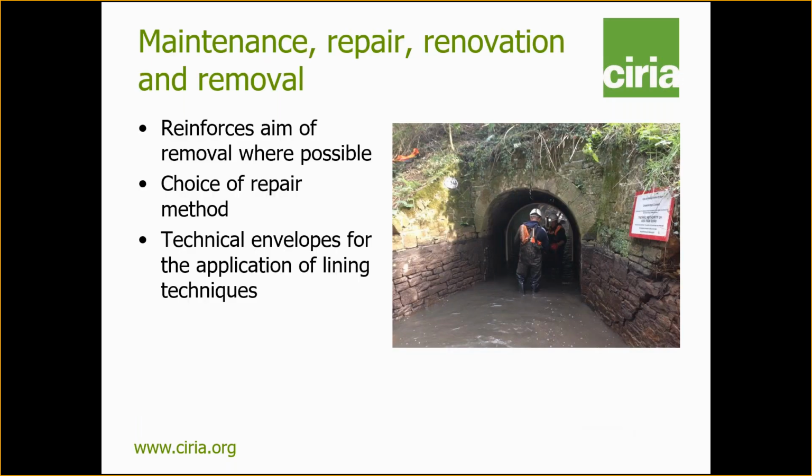The manual continues to reinforce the aim of removing existing structures where possible, but where a structure must be retained and needs to be repaired, it provides a decision support flowchart to help with the selection of repair methods. And this considers whether the culvert has fully or partially collapsed, the access, length of the culvert and its depth below ground, whether the culvert has sufficient hydraulic capacity, and whether measures such as patch repairs or pipe bursting are